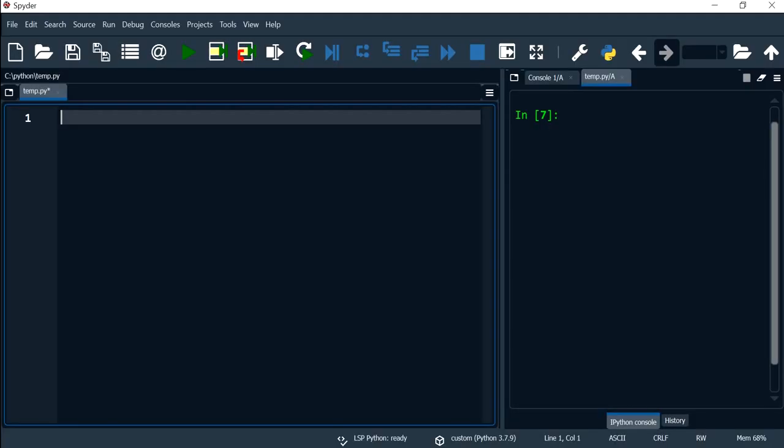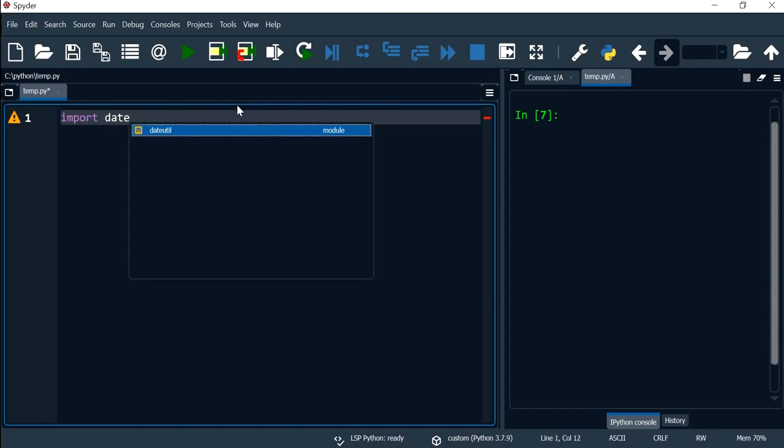Hi everyone, in this video we will learn how to print the current time. And so what I'm going to do is define a function to return the hour, a function to return the minute, and another function to return the second. I'm going to first import the datetime module,